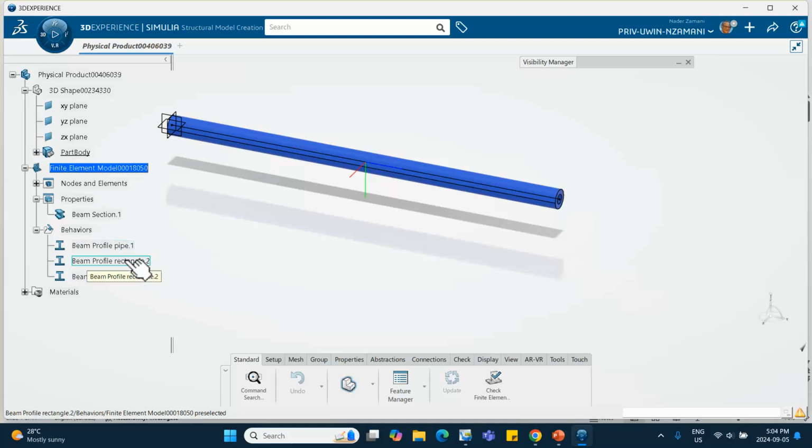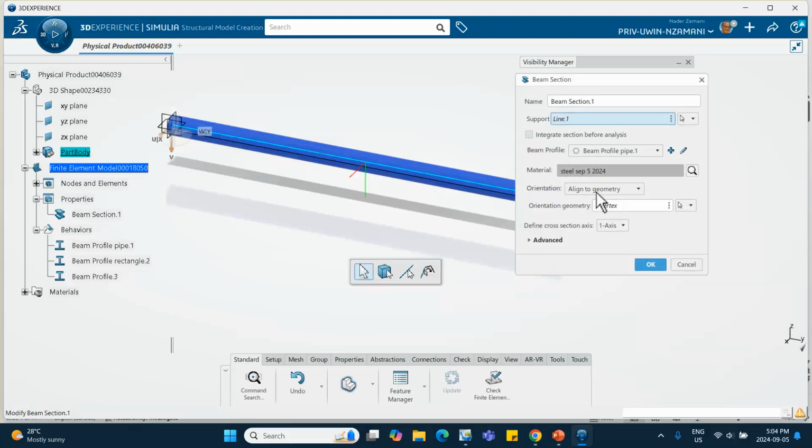Pipe, right now, is the pipe. If I double click on the beam section and try to change it to beam profile 3, the general, it's not even in the list. It's not even in the list. The profile is in the tree, but it's not in the list. So it looks like either they haven't got to it,